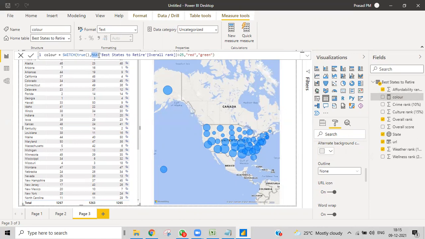This is a column, overall rank. If you want to use that, you need to use some aggregations. We learn that when we go into DAX. At this instance, don't worry about this. We are into visualizations, and if you start wondering about the DAX part, you will get confused. That is for later.